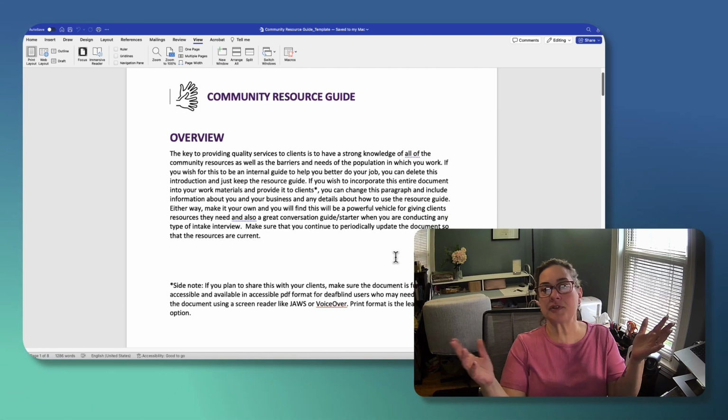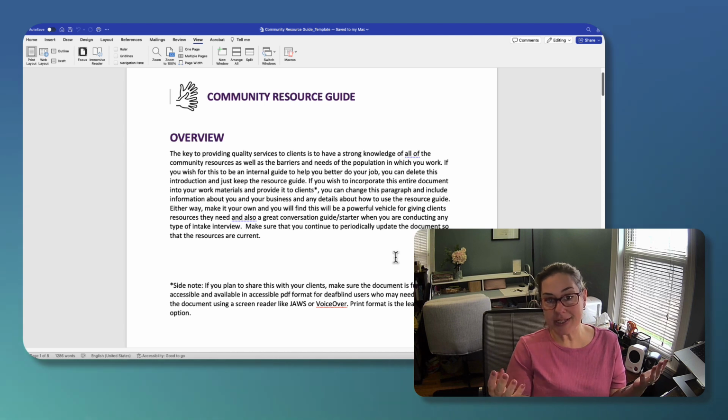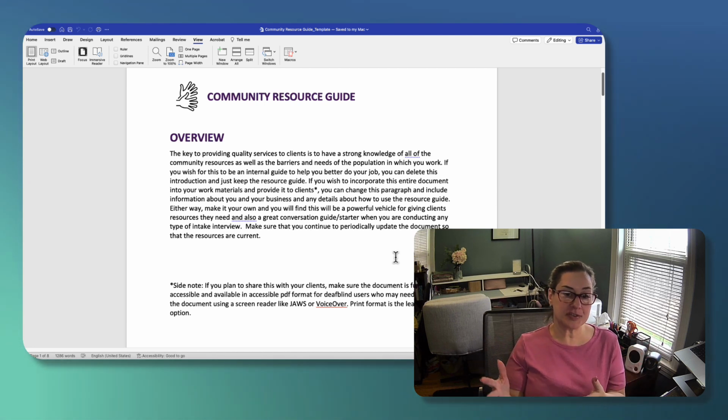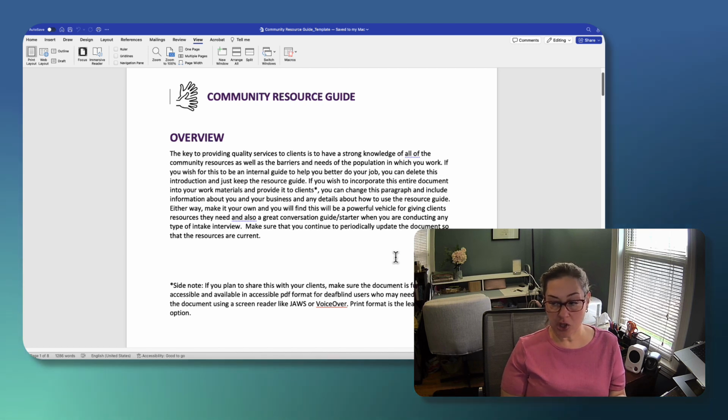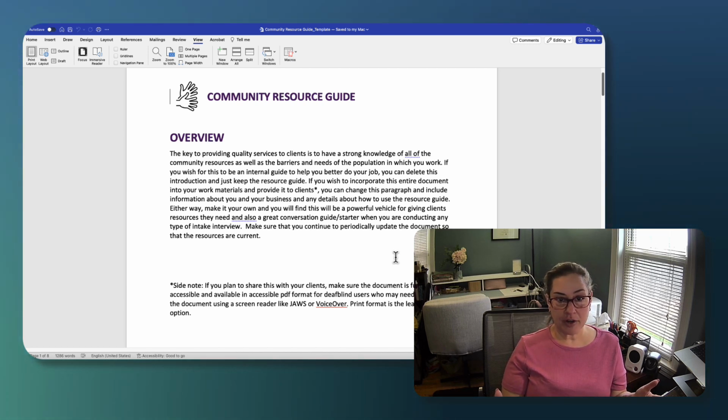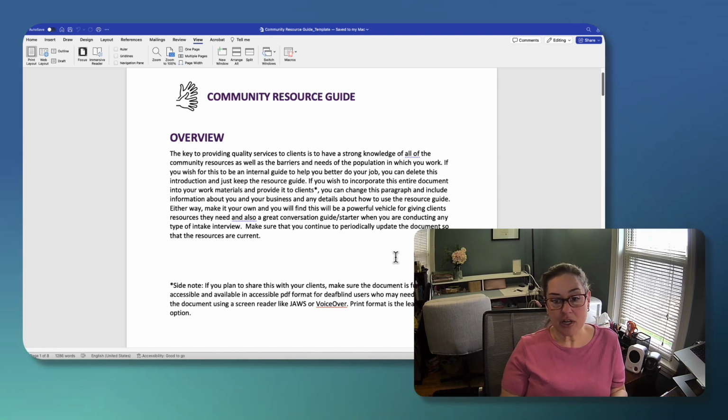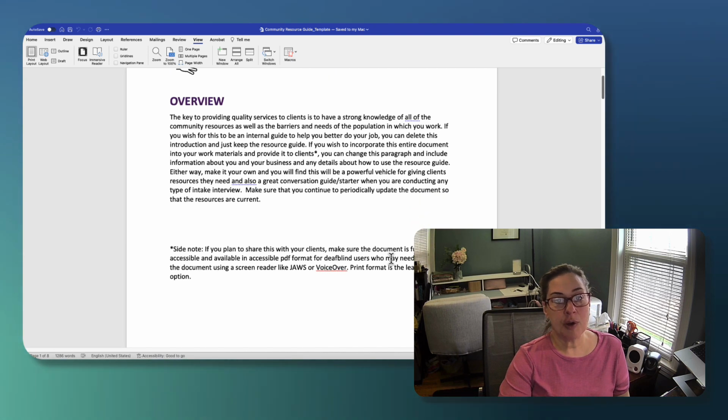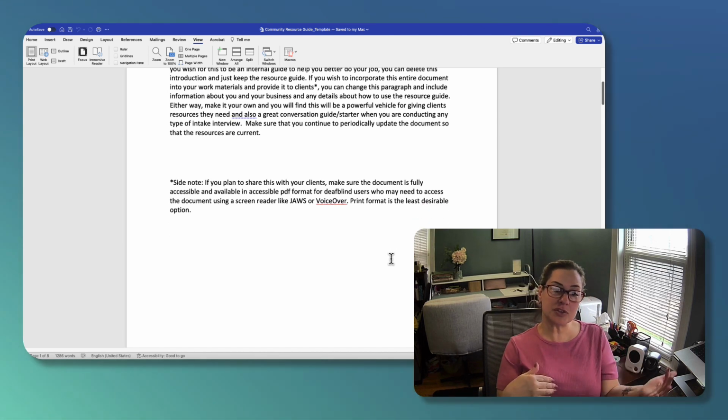So what is the purpose of a community resource guide? Well, basically, it's just that. What are the things that exist in your community that can be a really good resource to your client? And there's a whole number of areas where people may not know where to start, and a lot of things that maybe you hadn't even thought of. So I'm giving you some ideas today.